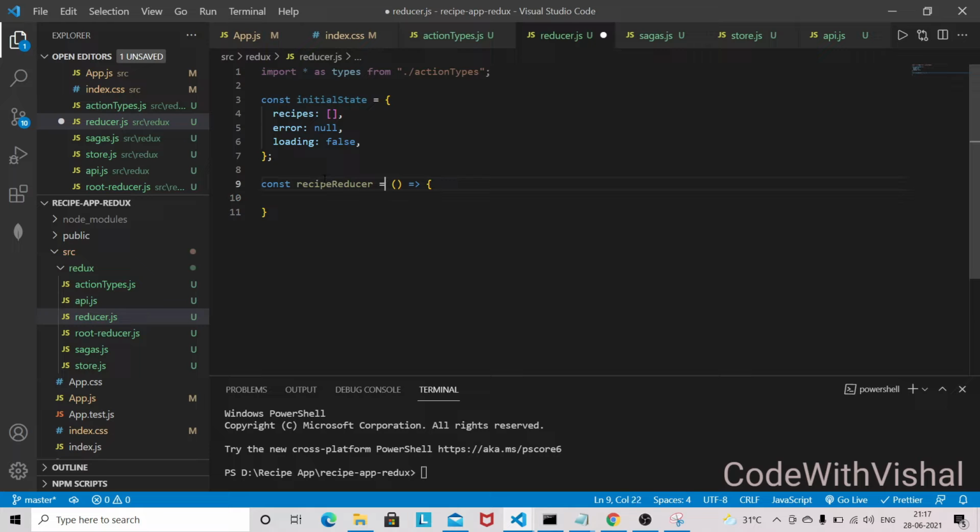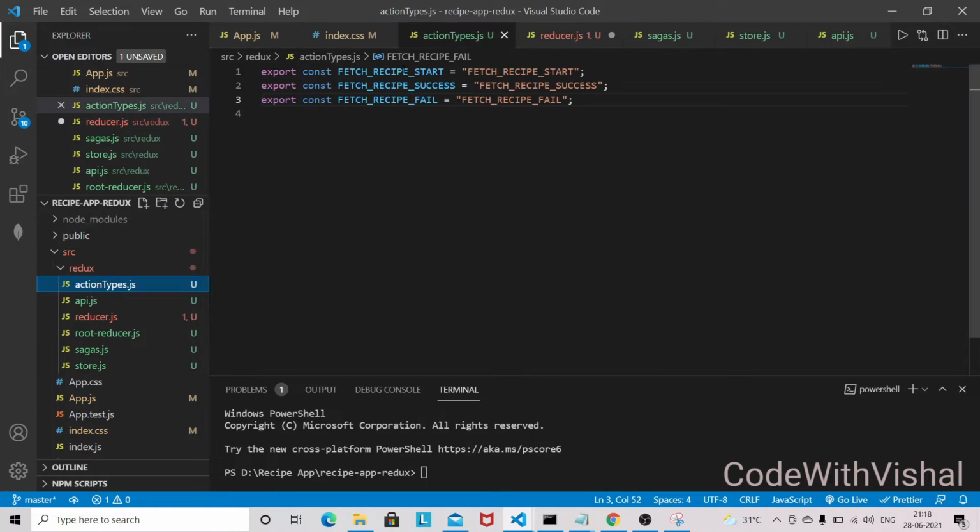and here we'll be having two things: state is equal to initial state and action, and we'll be having a switch case here, and action dot type. So we have three cases here: fetch recipe start, fetch recipe success, fetch recipe failed.